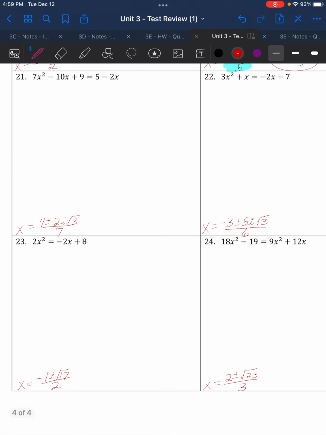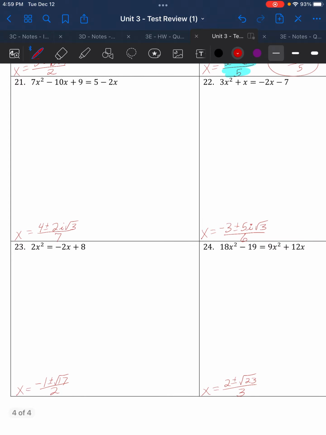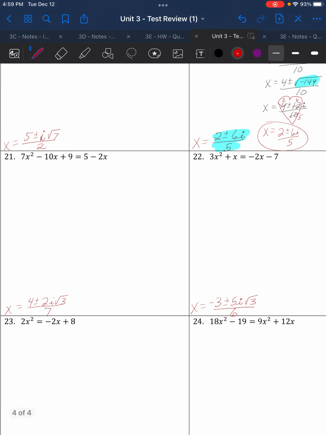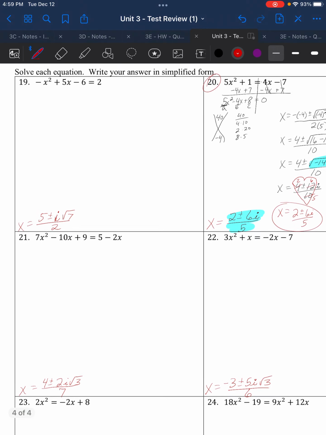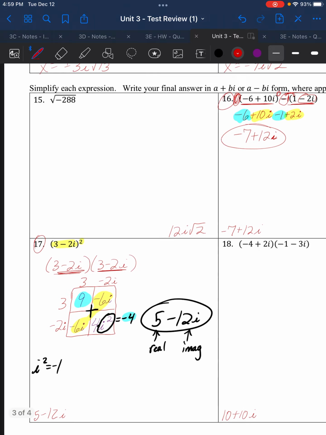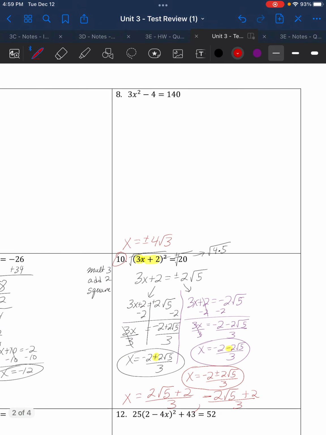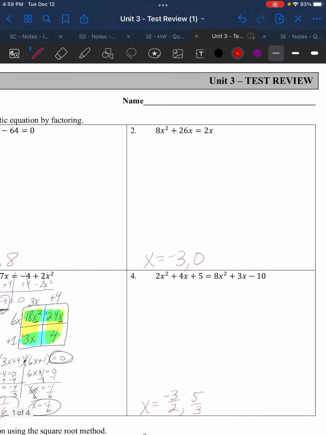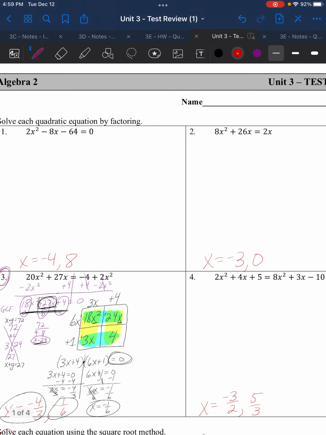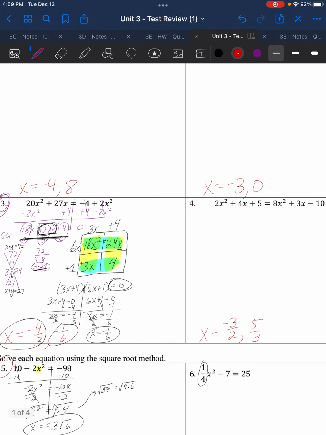All right, number 21, there's your solution. 22, there's the solution. 23, there's the solution. And 24, there's the solution. None of these can you simplify by anything but the quadratic formula. So the only way you can do it by factoring would be if your answers were